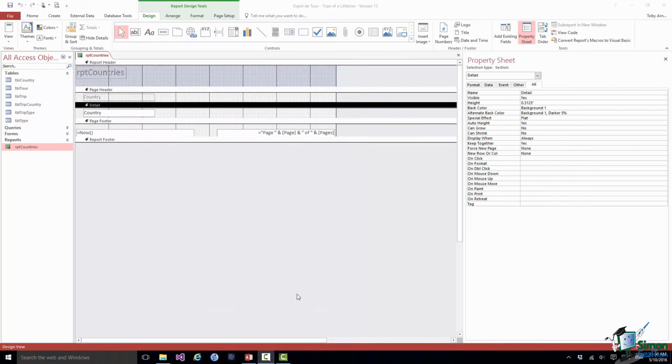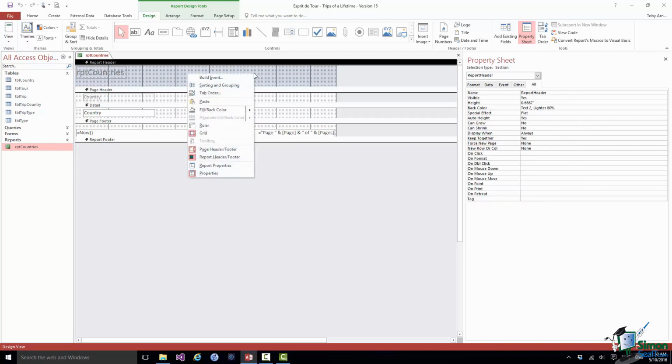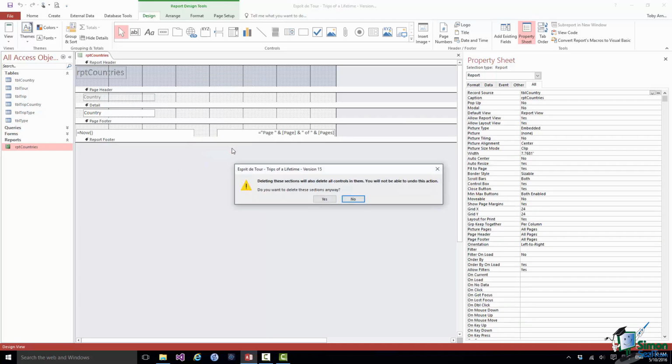Now one of the first things to point out is that if I right click somewhere within the report, I get a contextual menu that lets me perform some quite important operations if I wish to do so. So for instance, if you look at these options towards the bottom of the contextual menu, there is an option there that says page header and footer. At the moment the little icon is highlighted, and that means that there is a page header and footer in this particular report. If I click that, I can switch the page header and footer off, but beware,